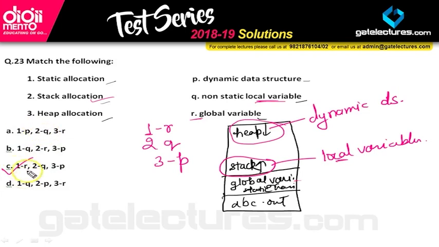If you look at the options, even if you know only one answer, let's see this one, R for the first option, even if you know that for the global variables we have static allocation, then you can directly answer the question. So there is no need to solve all the questions in the exam. You have to be very quick, so just look at the options. If you are 100% sure about a particular option and it is the only such option among all the options, then just directly mark it. If you don't know, then it's okay, you can solve all the other options as well, just to make sure that your answer is correct.